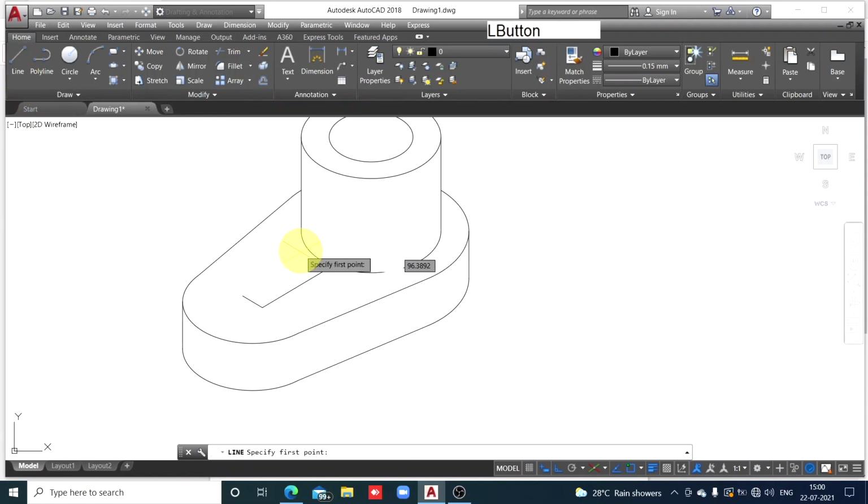Now line. Now we are going to draw the vertical edge, because when this triangular plate meets the vertical surface of the cylinder, which is a curved surface, you are going to draw a line vertically. But with this plane you will not be able to draw that line. So click on that, isoplane left, the reason is the vertical axis is available there.